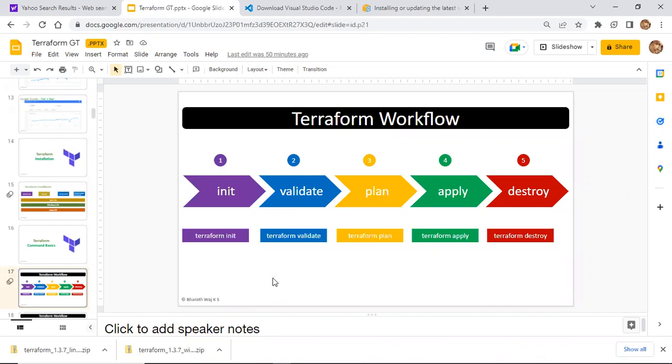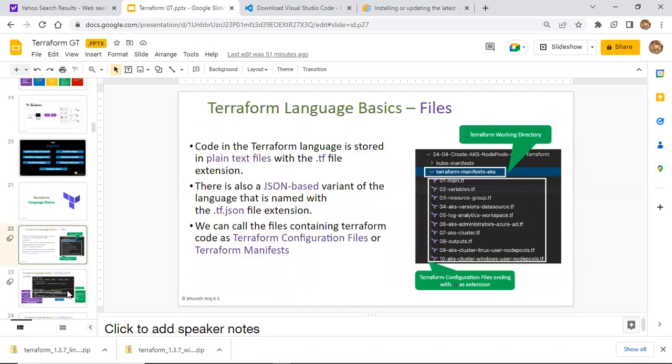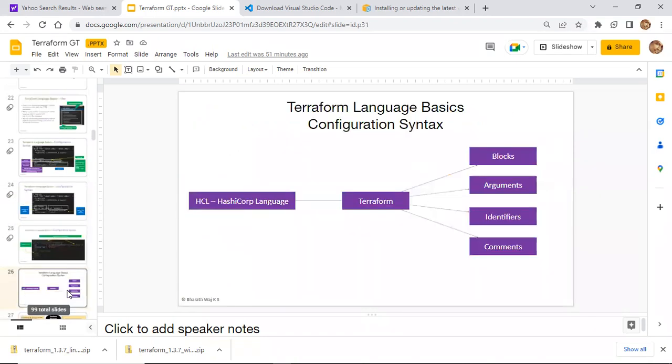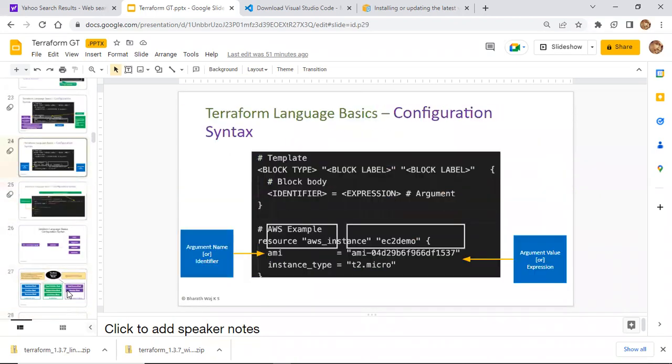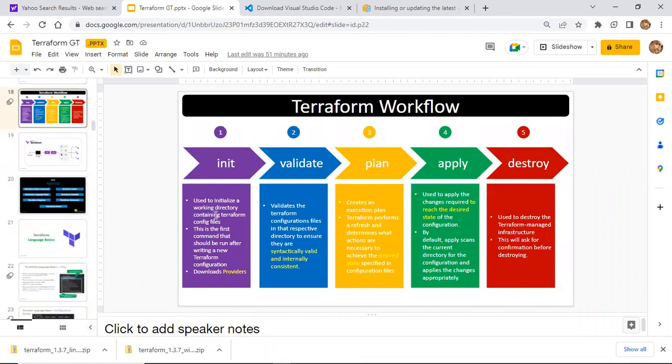In the same way, with Terraform init, initially we'll have our settings block. Inside our settings block, we'll have the Terraform documentation version. We'll be seeing those things in the next class. It will initiate that particular provider plugin.